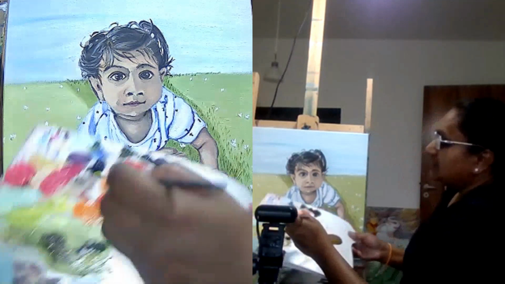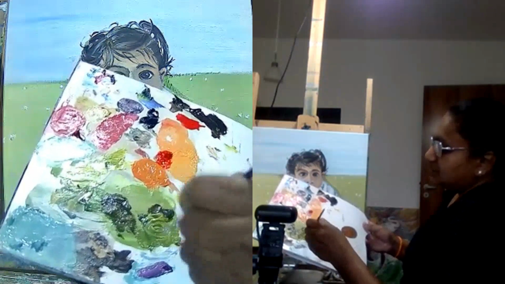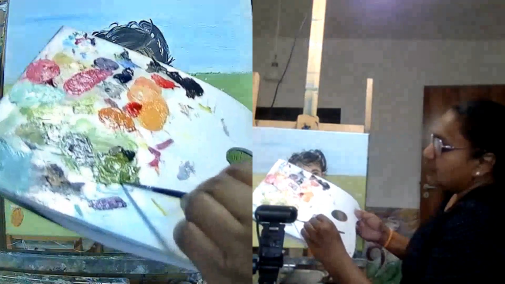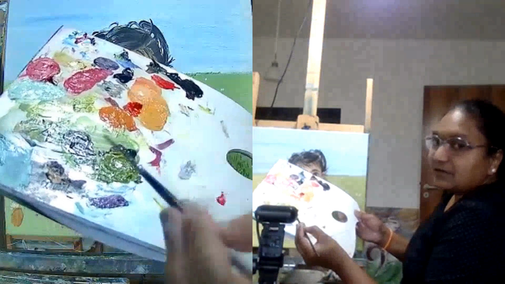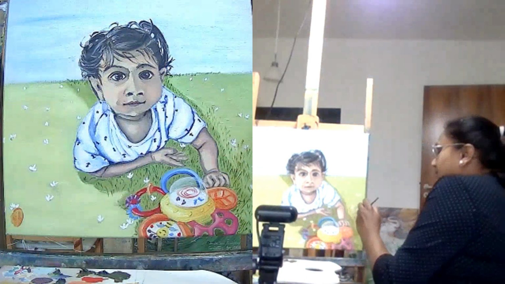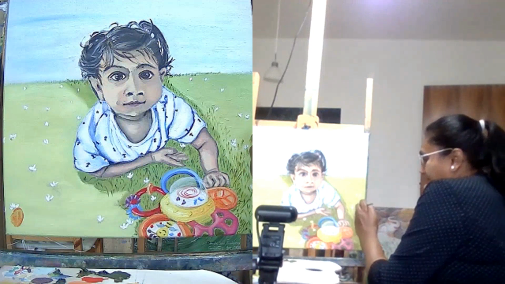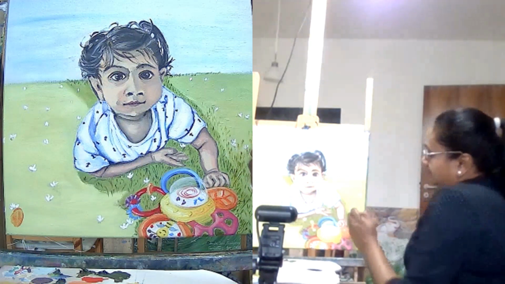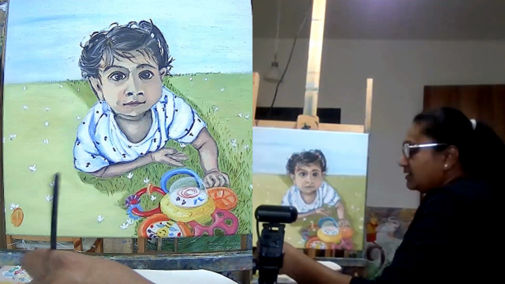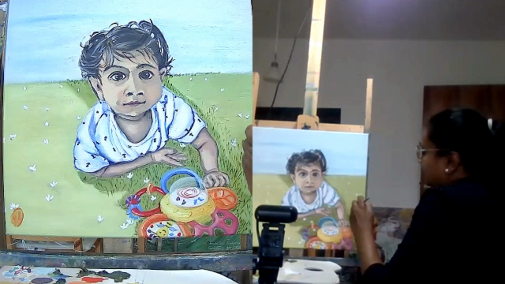I am mixing a bit more of the lemon yellow into the olive green that I have to take some more, and rolling my brush. So I can go ahead and do this again. Is it showing? Is it not showing? Do we need to add a little more of the green? Just look at it and see if you can create some.